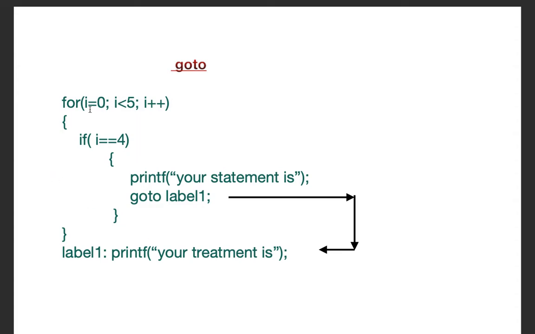For the fifth time it is not going to increment and move in the loop again, because now it comes out of the loop, because label 1 is mentioned outside the loop. You can name this label label 2, label 3, label 4. So you have to mention the label name here. So this is all about the goto statement.